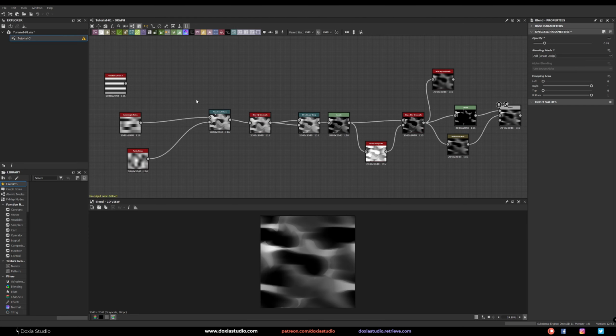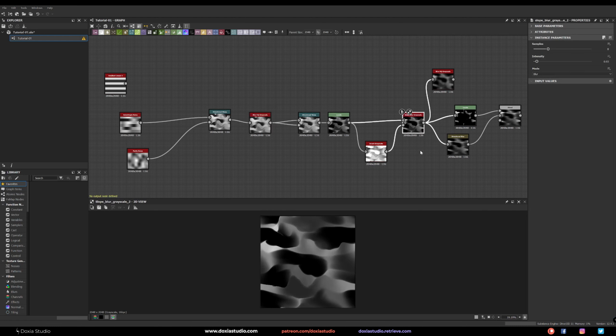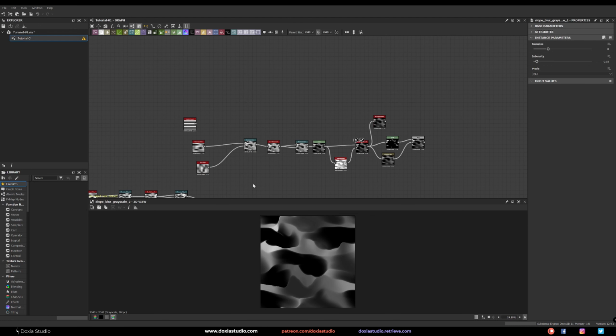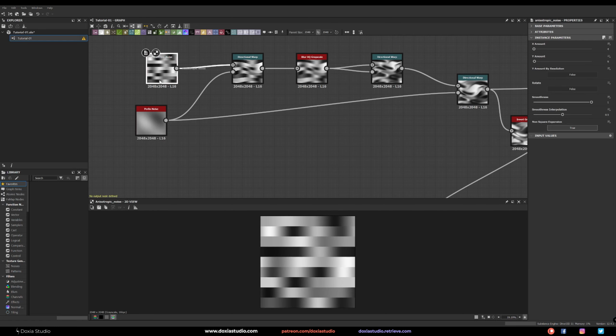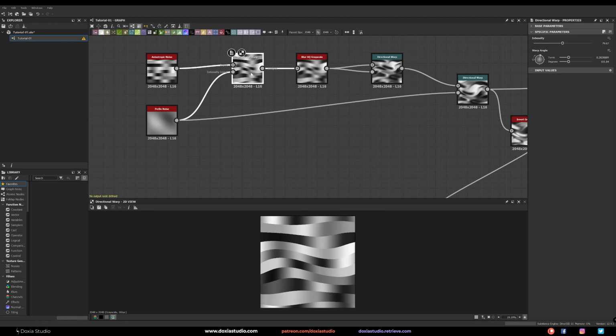So again, basic stuff. It's just noise or gradient, directional warp, blur a bit, directional warp again, levels, and then slope to get those hard edges and final look. Okay, so let's see what I did here to get that look. So I got an isotropic noise or TV noise. Just change the X amount and Y amount, got the Perlin noise to get that look, to deform or morph the horizontal lines. Again, this will be available on Patreon if you want to skip this part, but if you want to learn, that's up to you.